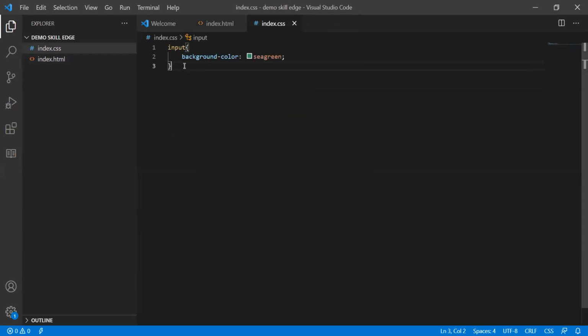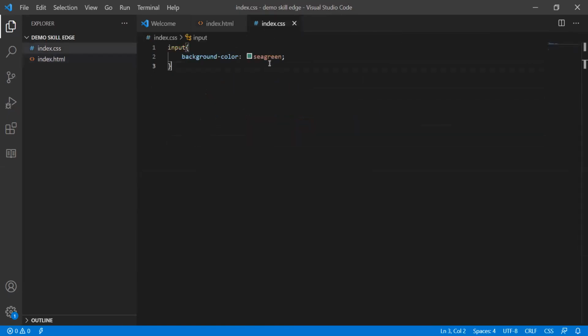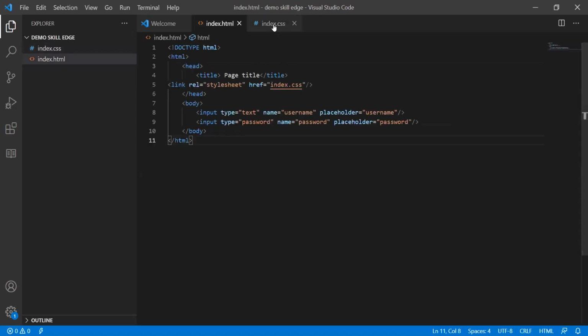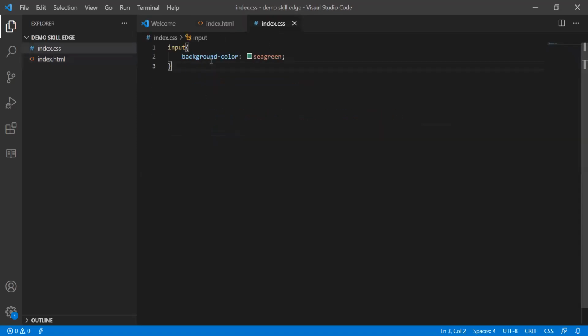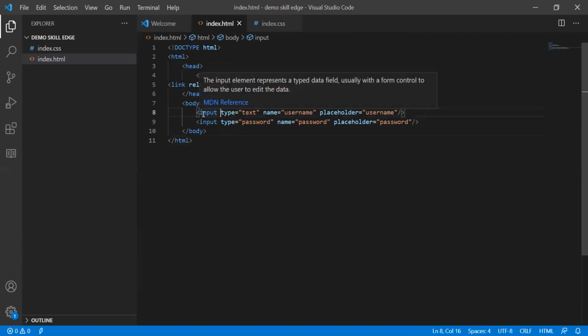So we can use this attribute and its value as a selector. There are two inputs, correct? So I can keep one as password here. By using text, we can apply styling only for the username, not for the password. Guys, one more thing, it is easy to copy this.